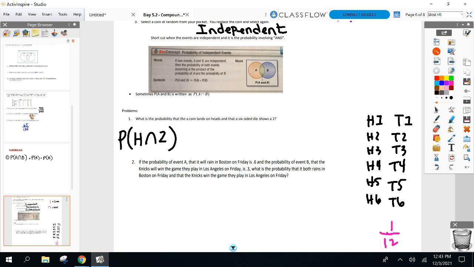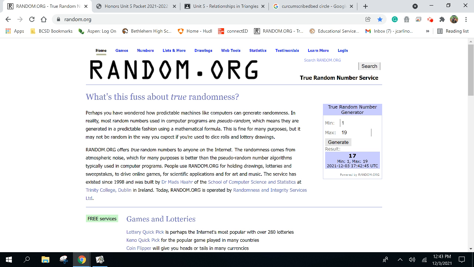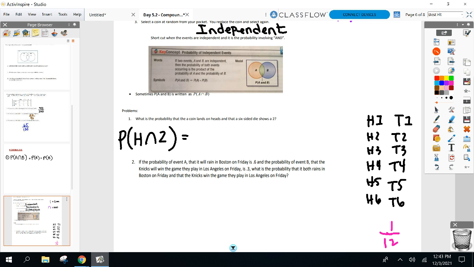Now go to our formula. How do we find an and probability using the formula? Don't give me numbers. Just tell me probability of this, and tell me what operation we're going to do. Look at your formula sheet. It's going to be probability of. Okay, in this case, I have an H, right? So I want you to use that for me. Probability I get heads times, in this case, getting a 2. Good. So that's what I would do to find this.